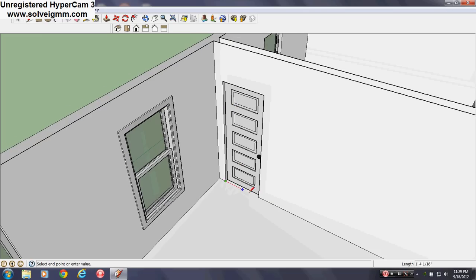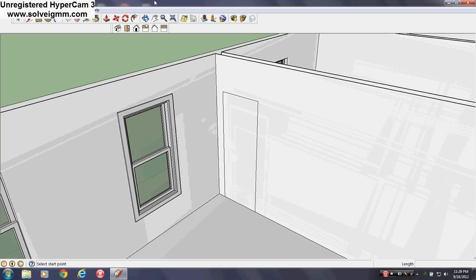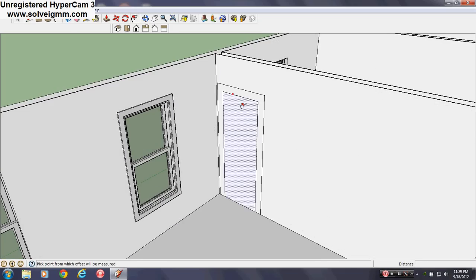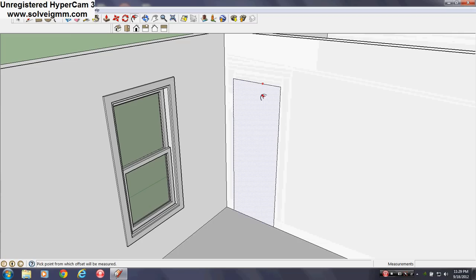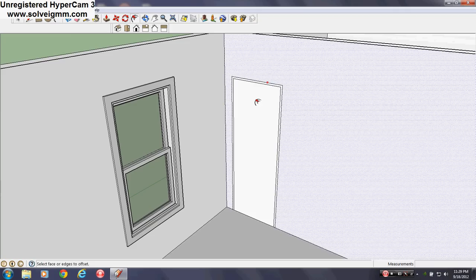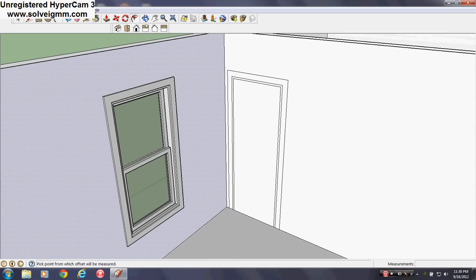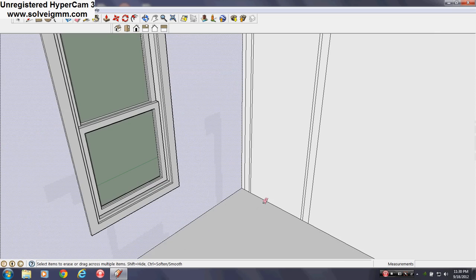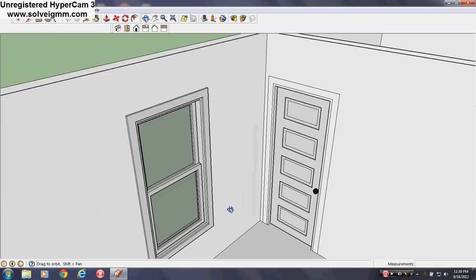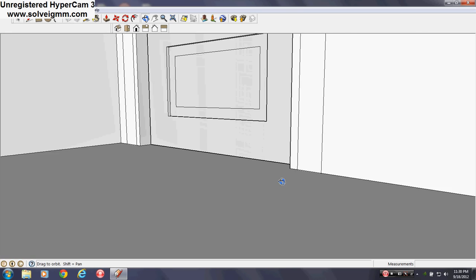Alright, the door frame is very similar, as you can see here. However, I won't really be working with this until I go into room finishes, which will be in a video in the future. But I'll just show you it anyway. See, it's just like the window. Then on the bottom here,